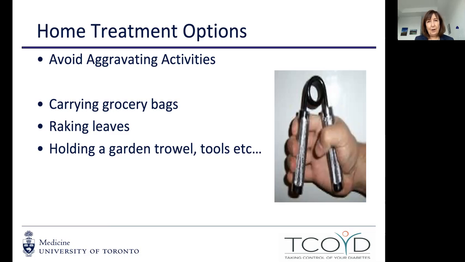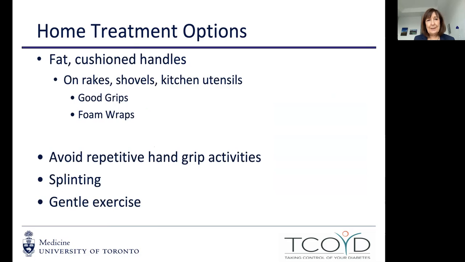And so looking at the kinds of activities that you do day by day and seeing where you're putting direct pressure across the palm is an important step, because then what we try to do is put some cushion there. So whether you're buying kitchen implements that have got a fat grip on them, and I'm not pushing anything in particular, but I know Good Grips has actually partnered with one of the rheumatology agencies in Europe and the UK, and they designed their equipment so that people had some cushion and didn't have to make as tight